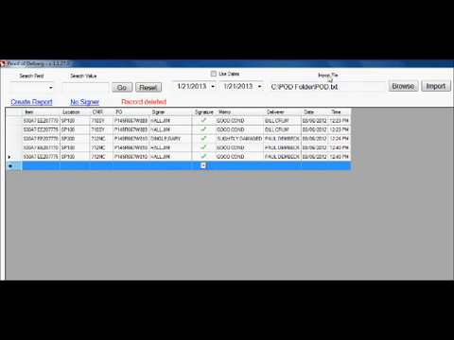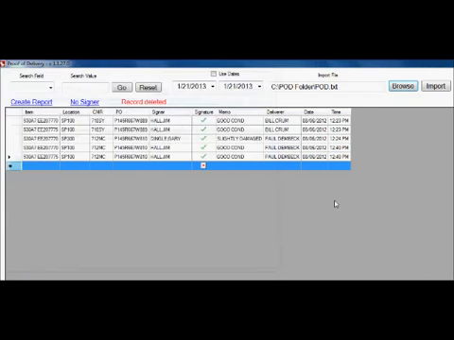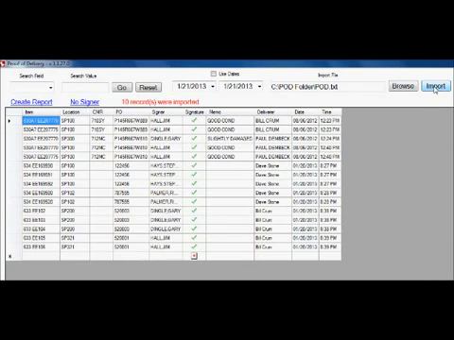In the import file area here, you'll navigate to whatever folder that you use to transfer the data from. And once that's set, it'll always look in that area. So you can see that we have a folder called POD folder, and that there's a text file there, pod.txt, that we always look for when we start up the database here. So if I browse, I can look at it. There it is. It's in that folder right there, POD folder. And all I have to do is click the import button, and the data will be transferred. As you can see, the data came in, and here is the data, item, location, PO, for example, who signed